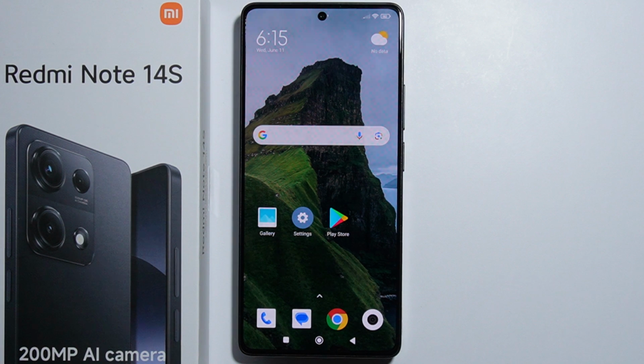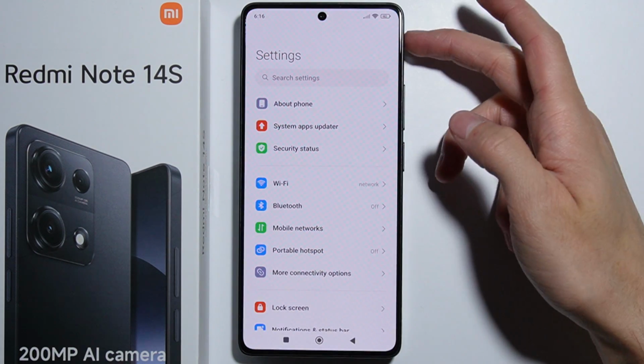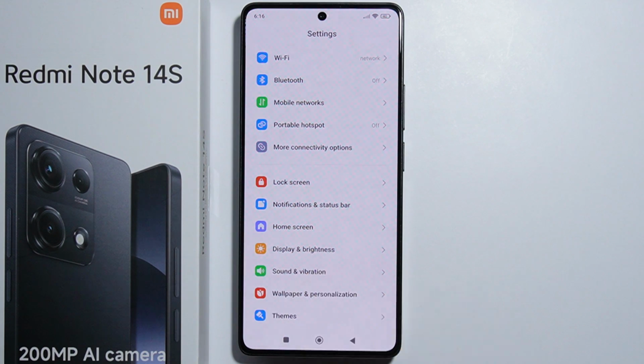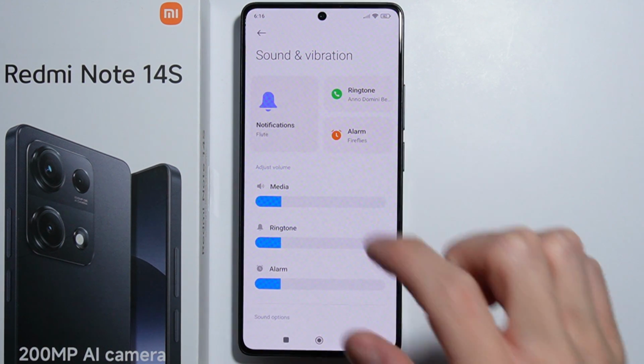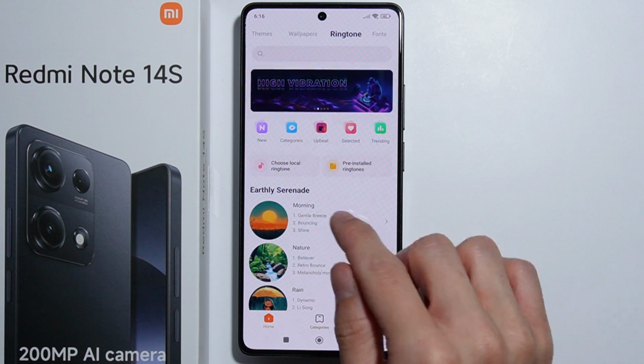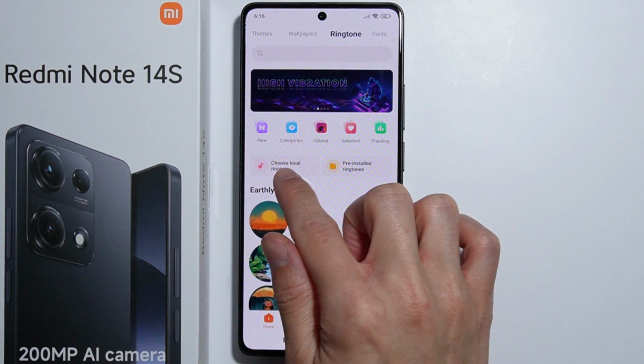To set up custom notification sound on the Redmi Note 14s, all you simply have to do is first go into the settings. From here you have to scroll down a little bit and go for the sound and vibration and go for the notifications. Now you are being forwarded into this themes application, and from here you would like to select this choose local